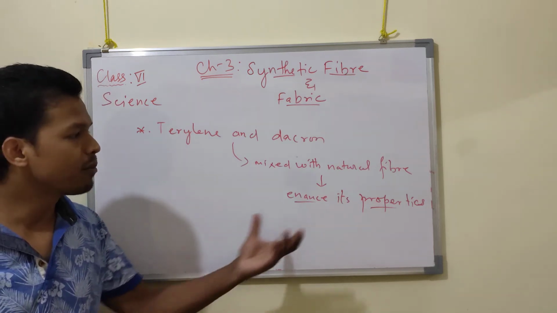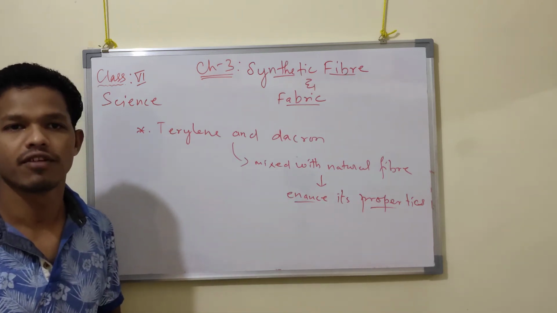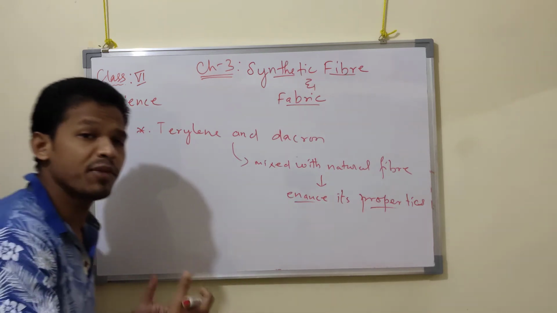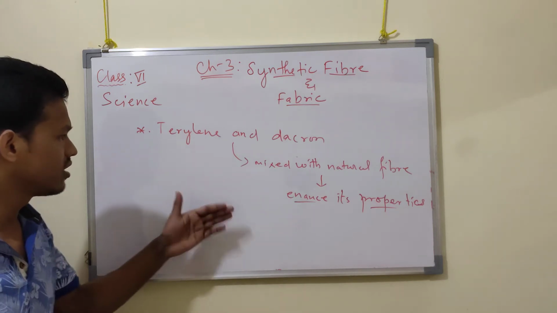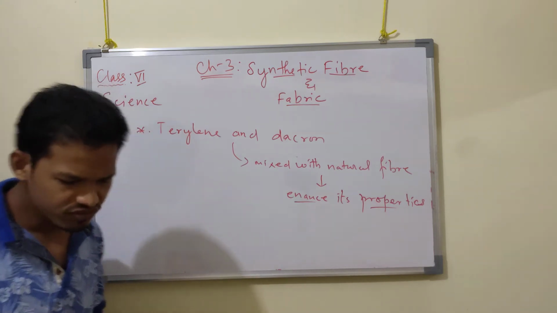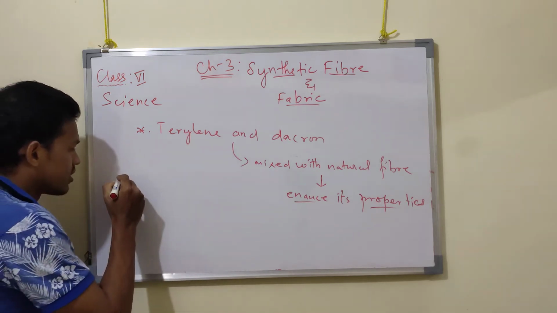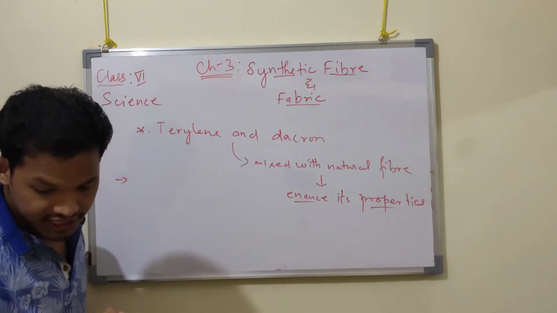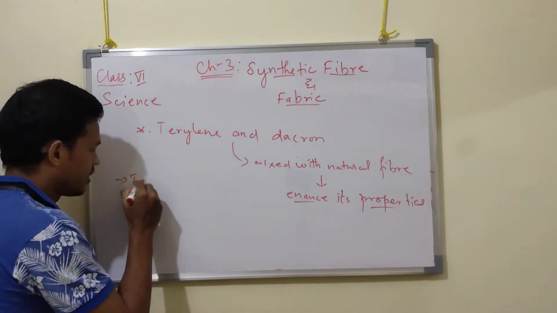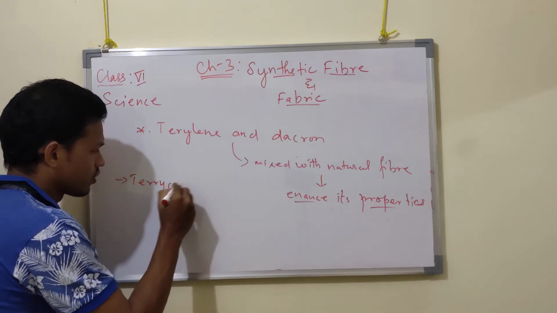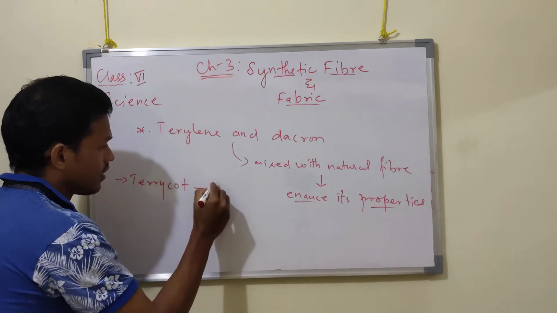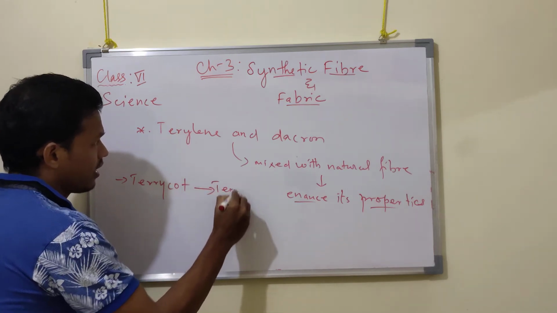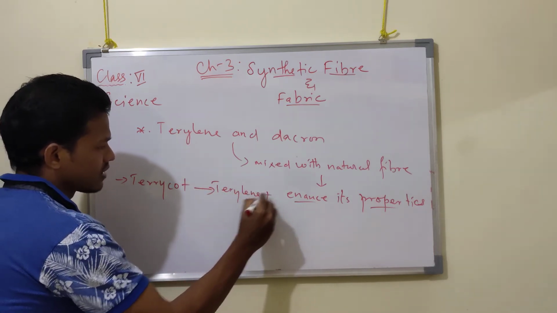So many people can afford this kind of fiber, and it is also adding many advantages to this synthetic fiber, such as, first one is terrycot. Terry-cot. This is terylene, terylene plus cotton